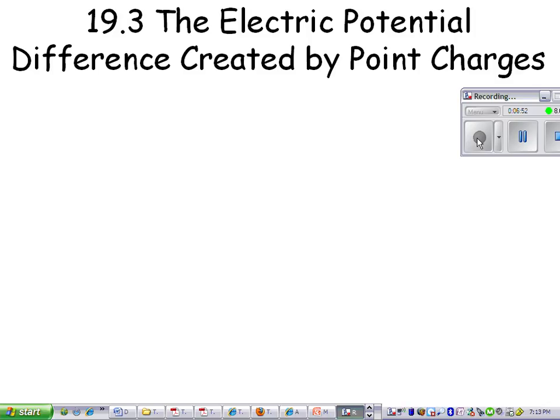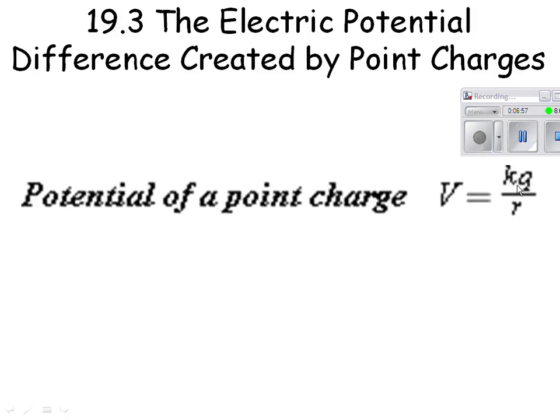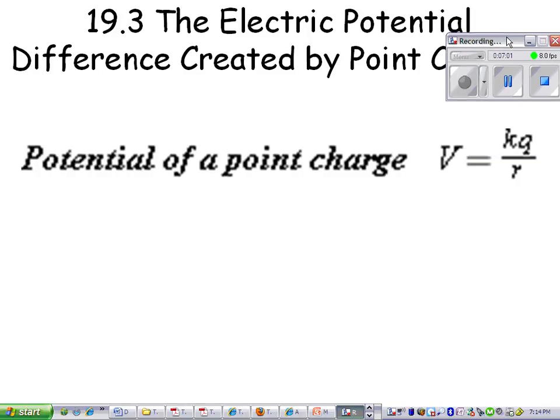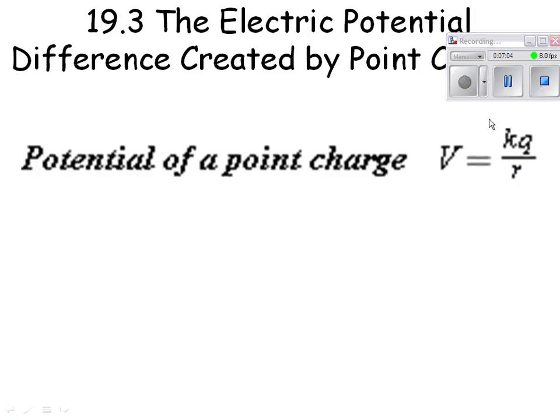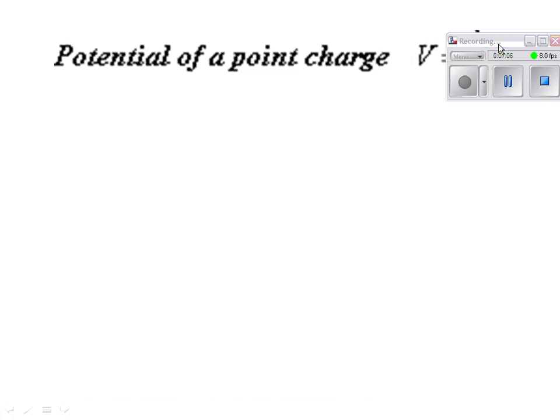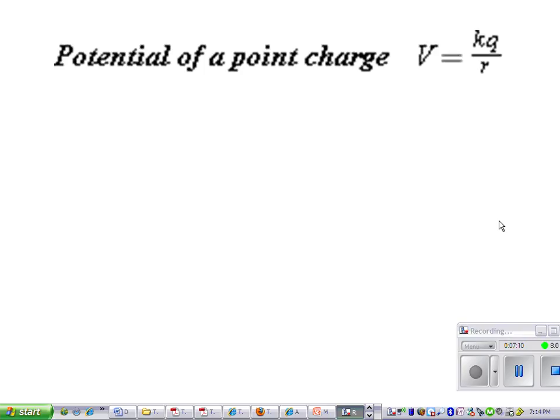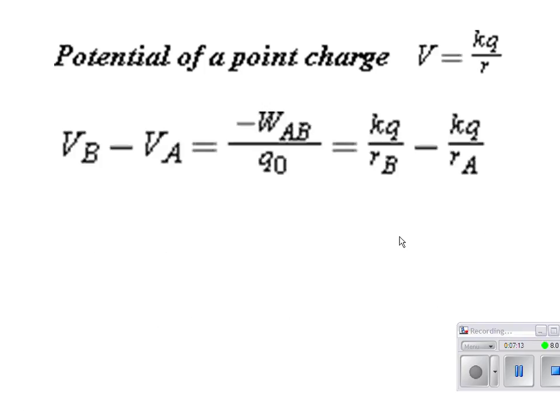The last section we're going to look at is electric potential difference created by point charges. Now the equation for that, the potential of a point charge, is V equals KQ over R. Potential difference, we know, is negative work divided by charge. And if we plug in also that it's equal to KQ over R minus KQ over R,